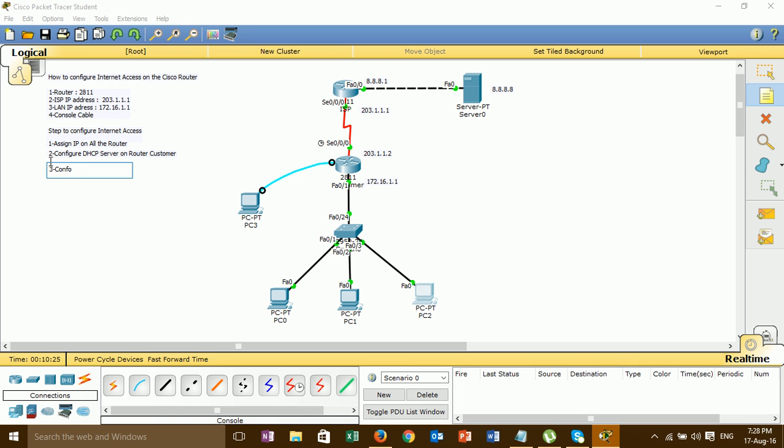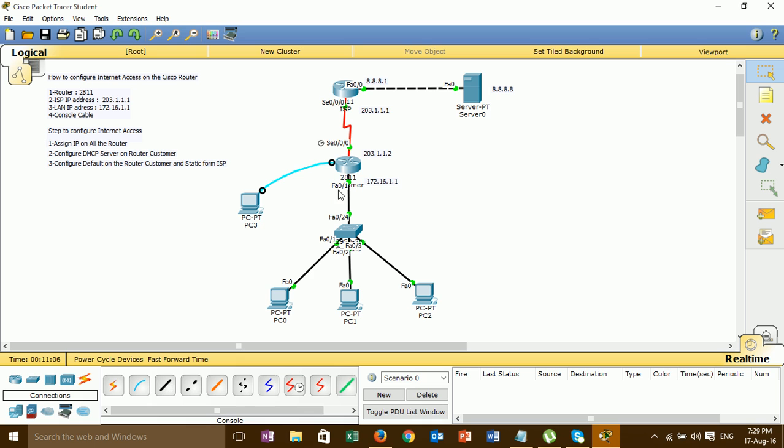Step 3, configure default route on the customer router and static route on the ISP.